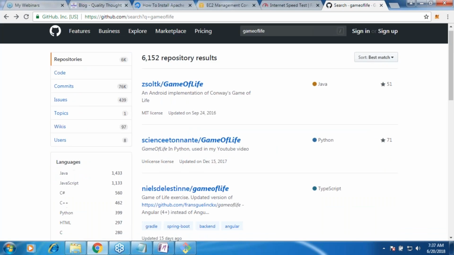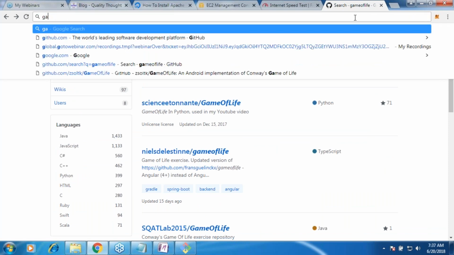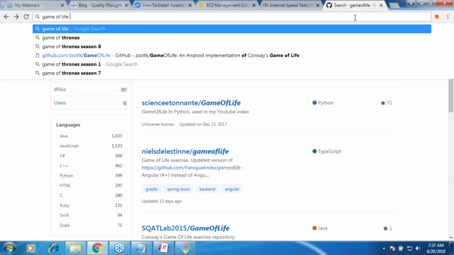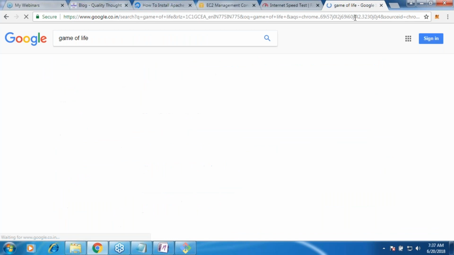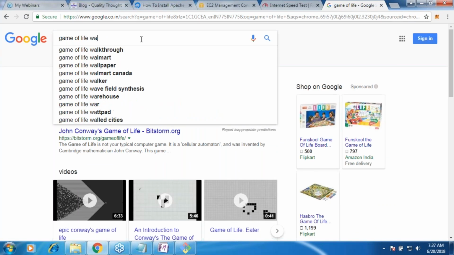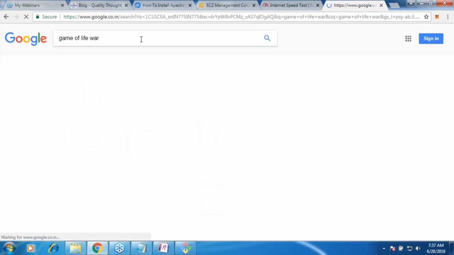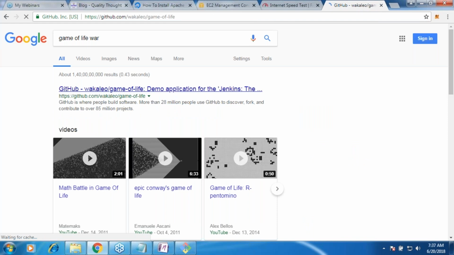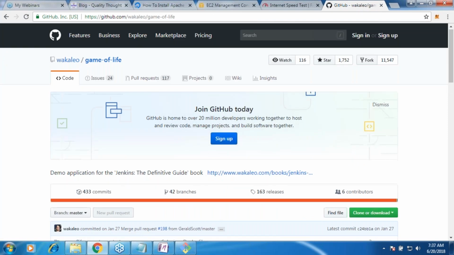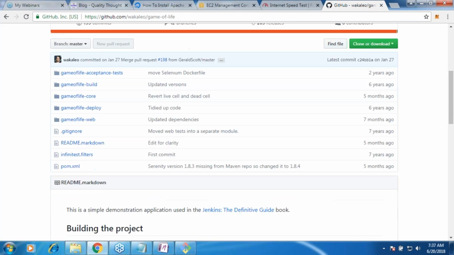The easiest thing is this. This is code which some developers have written.